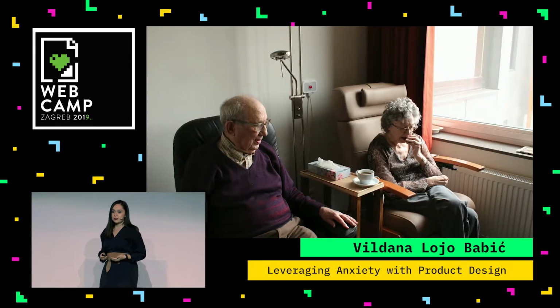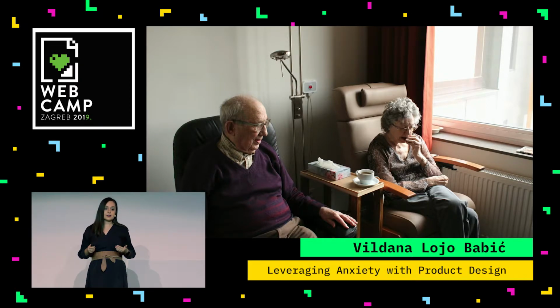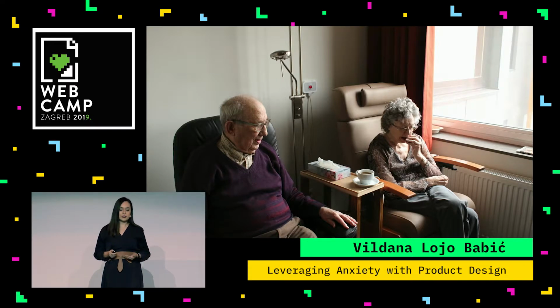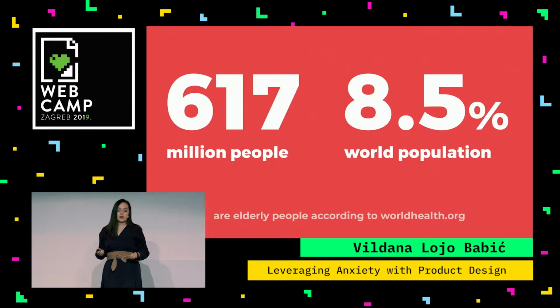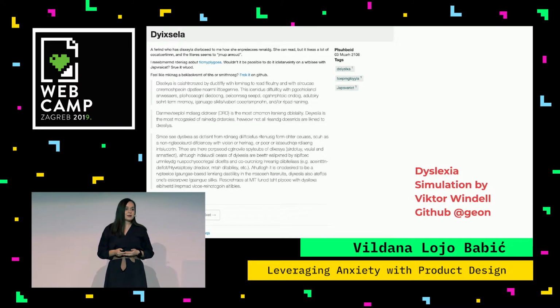And not to mention the elderly people who can also feel some form of impairment, or who need a lot more attention. They are an additional 8.5% of our entire world population. So what does living with disability look like? Well, disabilities can come in many forms, and some of them are related to vision and the ability to see clearly, such as dyslexia.